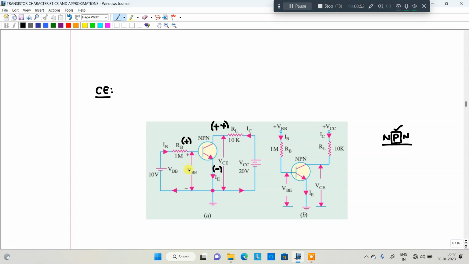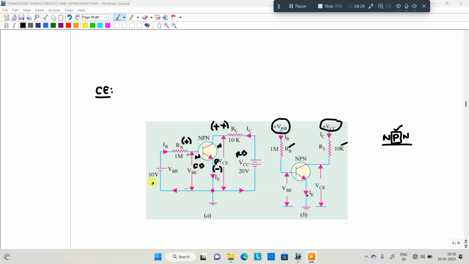Again we can check. This is the way to draw the diagram: plus VBB, plus VCC, RB, RL, as well as the emitter, and then VBE and VCE. In this particular case, it is an NPN transistor. The input should be forward biased as well as the output reverse biased in normal working condition. So how is it forward biased? This is an NPN transistor, and N is connected to